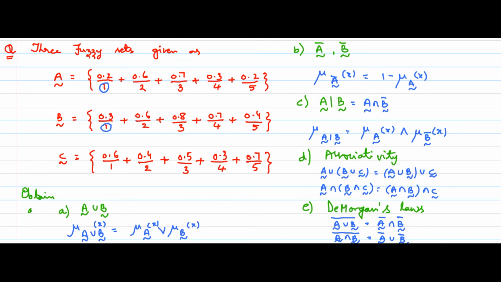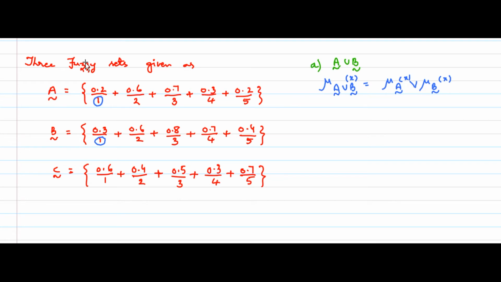Now we need to see in which way we can apply these formulae. So this is the first bit, the A bit, and let us see how we can do this. Our job is to find out A union B only. So let me write A union B directly. This is a fuzzy set, so we have already discussed this part.